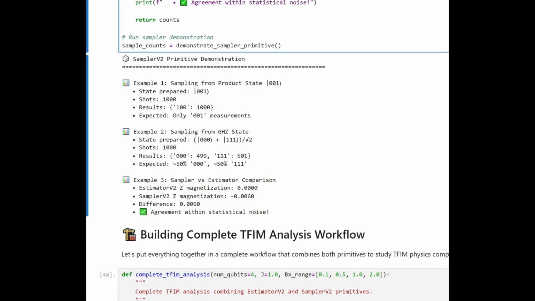from the sampling product from 001 and 1000 shots, you get the state 100 1000 times, right? Because of course it's the only state that you have, so you're going to have this state 001 100% of the times. For more complex states, like for example super entanglement state,